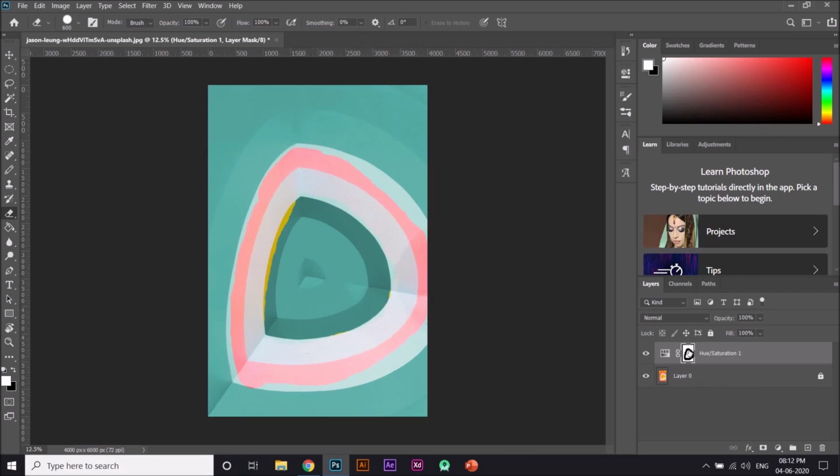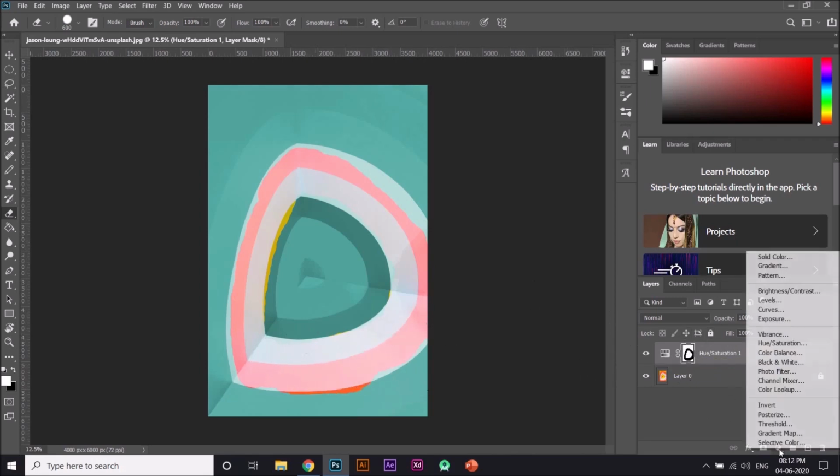And here you can see the part where the hue saturation is present. This black region is nothing but where the masking effect isn't present. That is, this adjustment layer effect is not there whenever there is black color, and wherever it is white, there you have this layer effect.